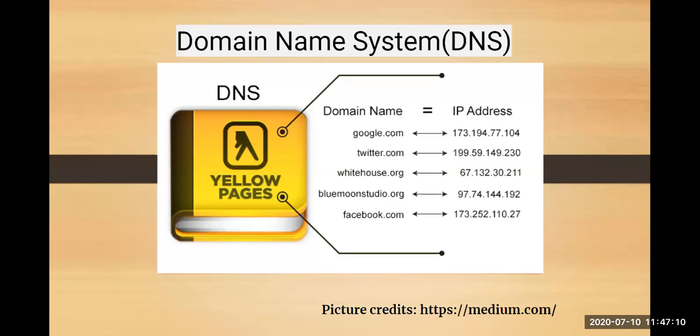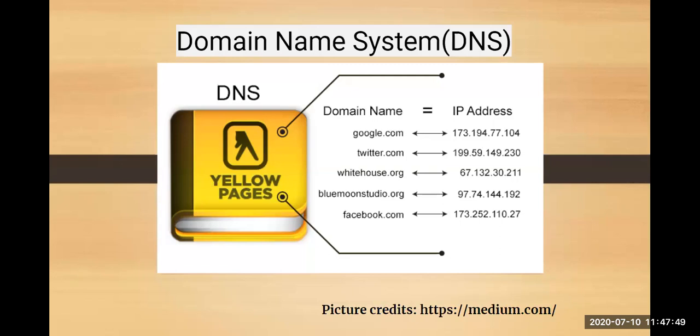So when I talk about DNS, basically what it does is this: web browsers interact through IP addresses, and DNS translates the domain names to IP addresses so that your browsers can load the internet resources, or you can say the web pages which you want. For example, when you type google.com, what will the DNS server do? It will go to its phone book, look up google.com, and corresponding to google.com, whatever the IP address is, that information will be loaded into your browser, and accordingly that web page will open for you.